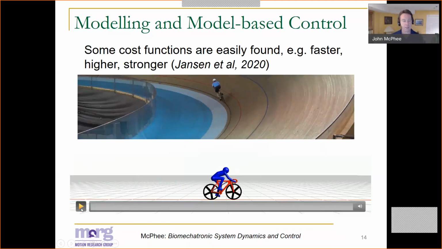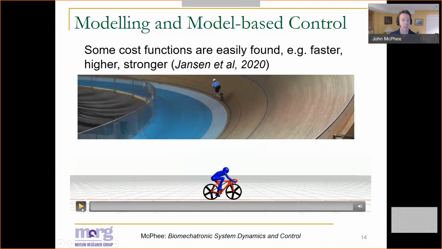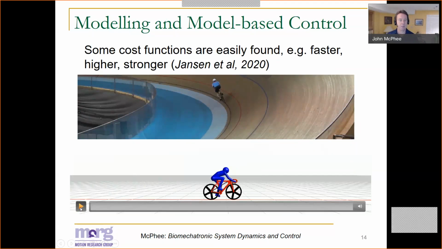So to study this strategy and to determine what is truly optimal technique, as well as optimal configuration of the bike for a given rider, we created a detailed model of the cyclist and their bicycle. And in order to drive this predictive dynamic simulation, we didn't use any experimental results, no experimental data. We simply maximized the distance traveled in the first 4 seconds of biking. And the result from this optimal control problem looks extremely similar to the technique developed by Olympic athletes over the last years.